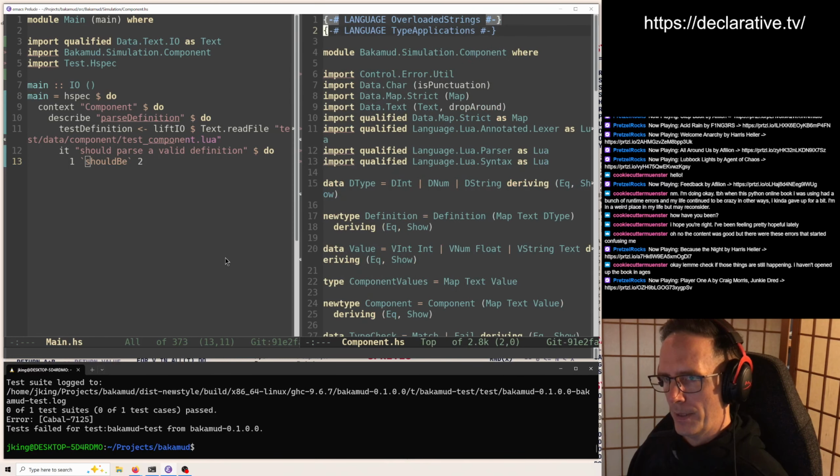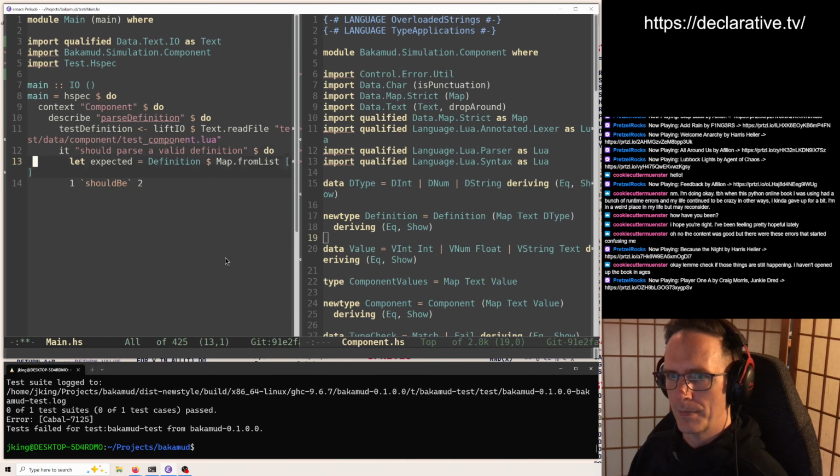It's going to be a map, which we could construct from list. Right. And now our value should be